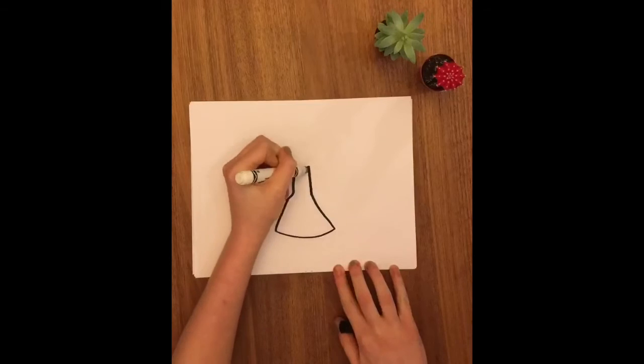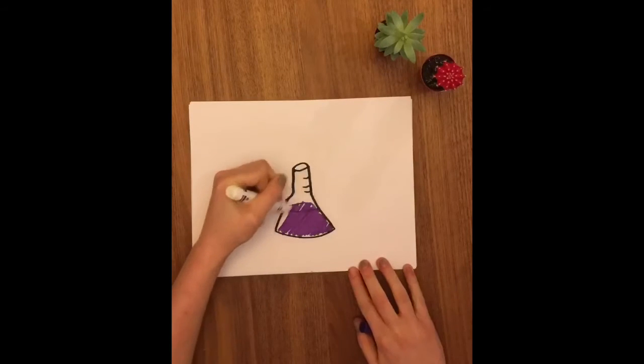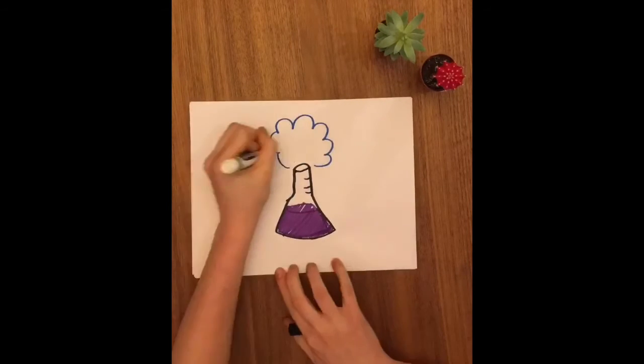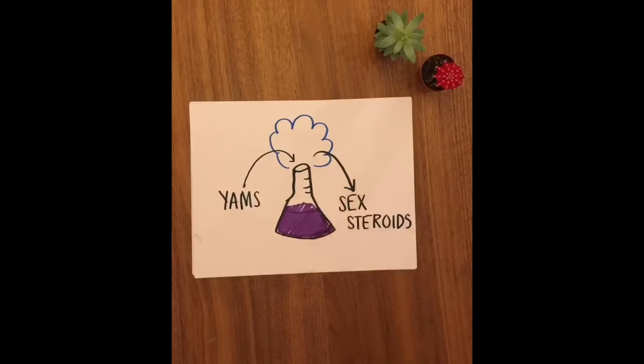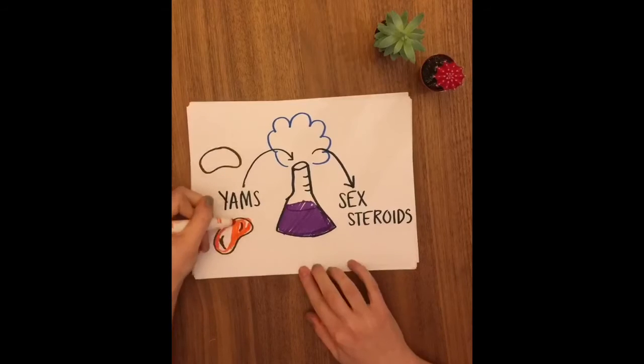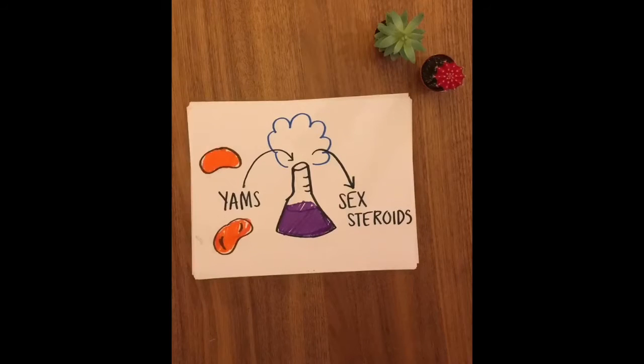While experimenting in the lab, he devised a way to produce sex steroids from yams. His process was so efficient it made sex steroids 40 times less expensive to obtain, paving the way for research in oral contraceptives. With the price of sex steroids lowered significantly, organic chemists could begin thinking about how to overcome